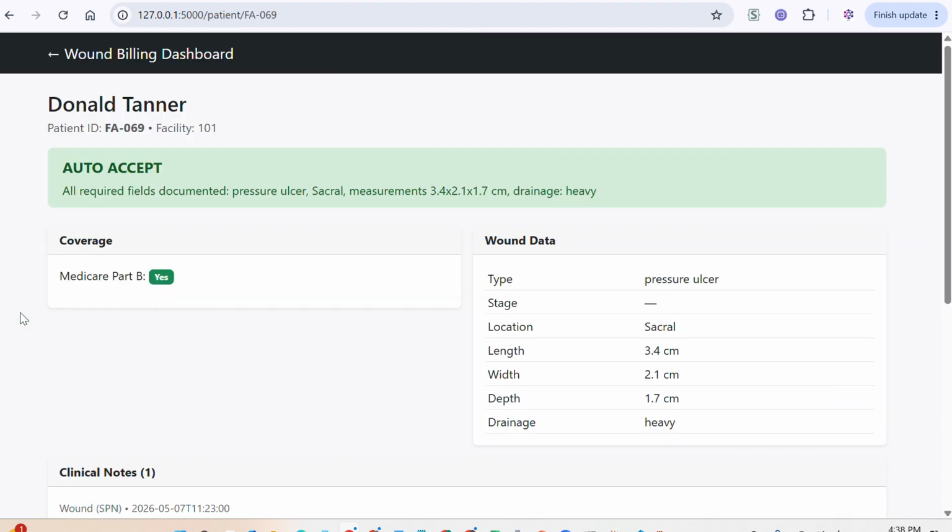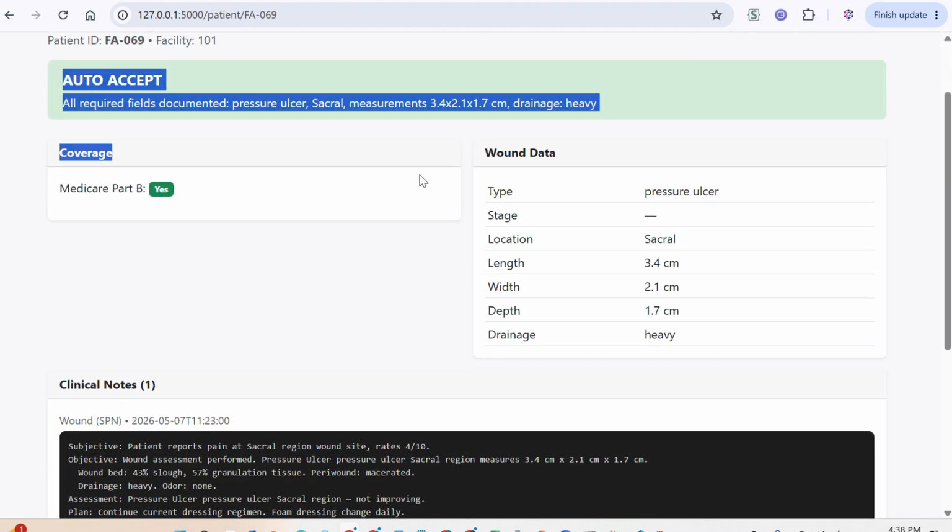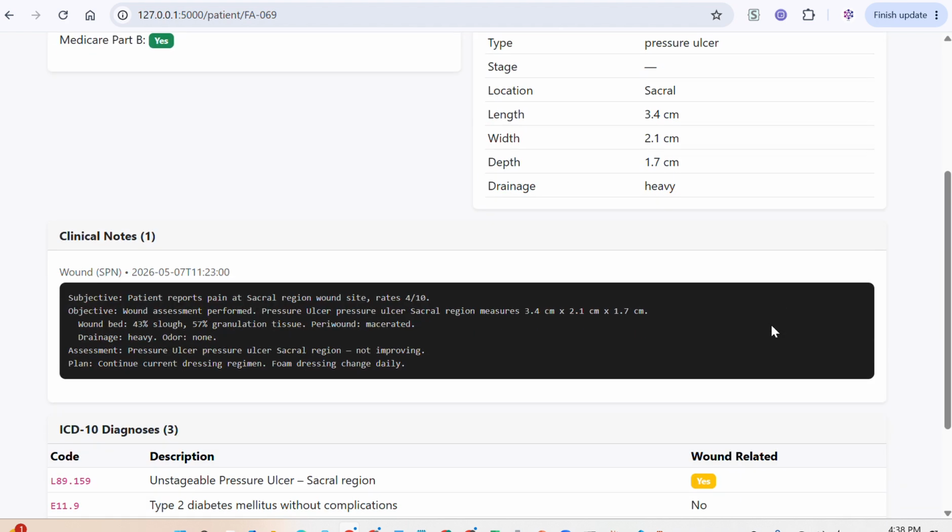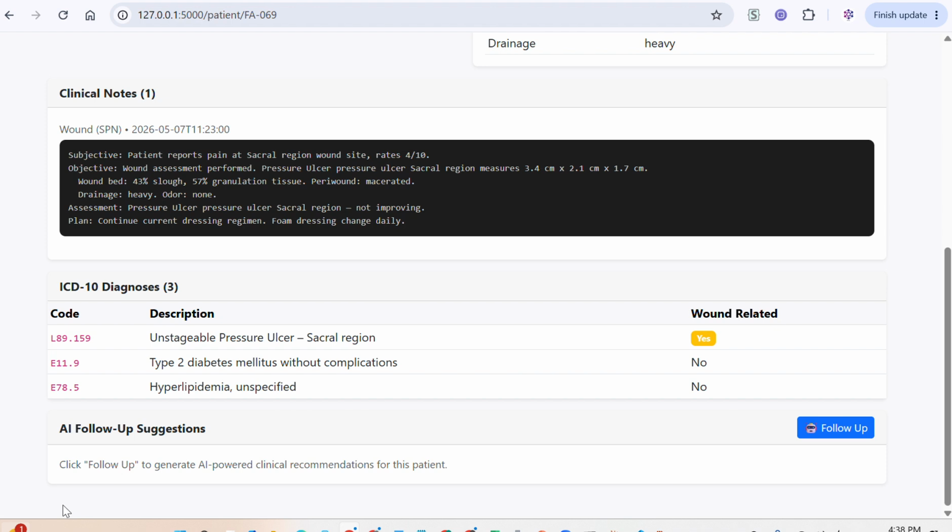Then you can click directly into the patient themselves, and you can see a detailed overview of everything that was included and used to make their decision. We also included the AI follow-up suggestions. It looks at the clinical notes here, and then uses that to decide what opportunities are present for better care to be given to clients. So it'll suggest something like, in a couple weeks, you might want to follow up with this person. They're also possibly a high-risk client, so it's best to follow up with them. That's what that tool is for, and then I'll hand it off so we can talk more about